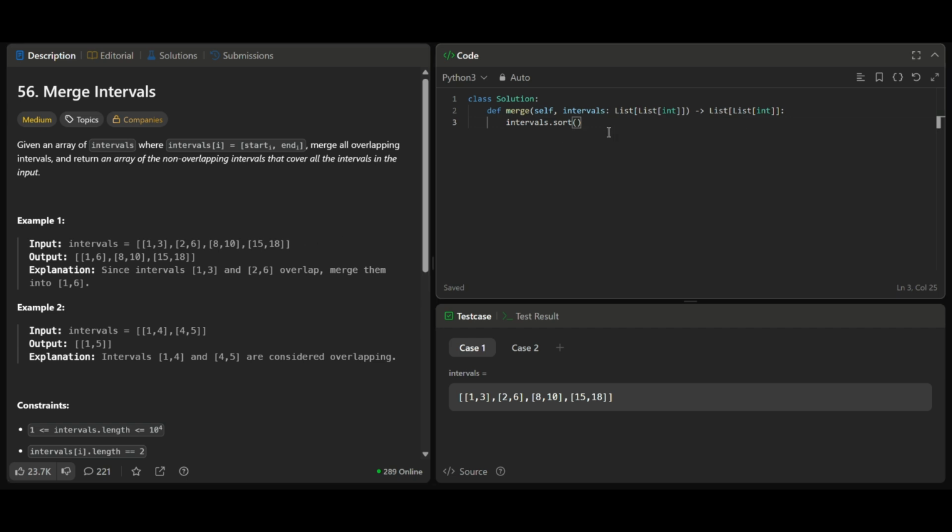So what we want to do is, first of all, we need some sort of result list, right? Then let's start by taking this number, and I guess we can add it to the result, and then when we go to the next number, we can figure out what to do with that, right? So okay, we'll say for interval in intervals,